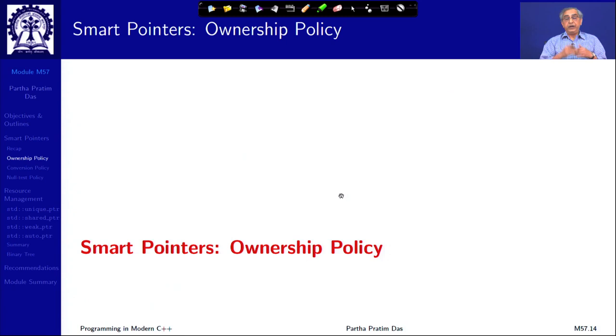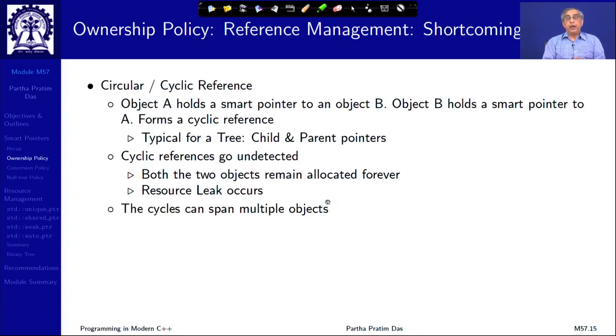Now, moving on from the ownership policy, exclusive ownership is fine. When you have only one pointer that can point to an object, like in a single linked list and so on, then you do not have a problem. But when you have a shared policy, when more than one pointer can point to the same object, then there comes a question of